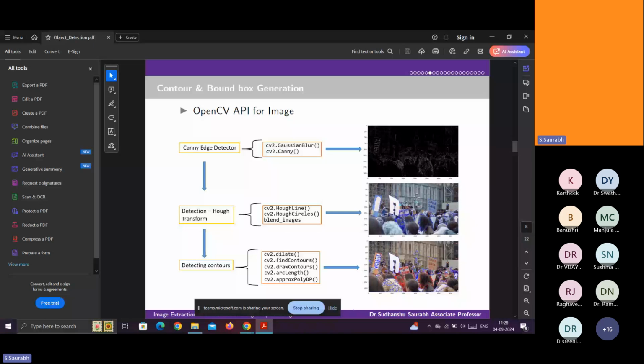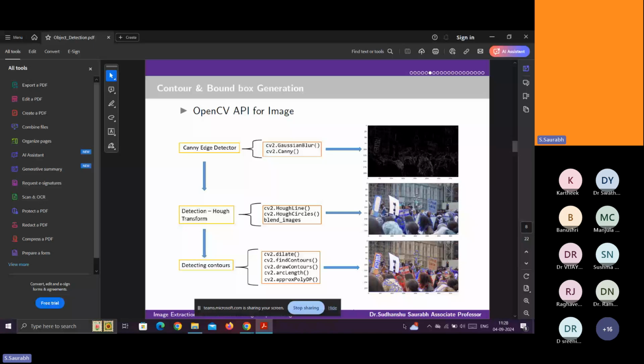So see, some of these contours are generated from these HoughLines functions or HoughCircles functions. You can use both together or only one at a time. No problem. And it generates blue contours around all the objects, I mean all the images available over here.